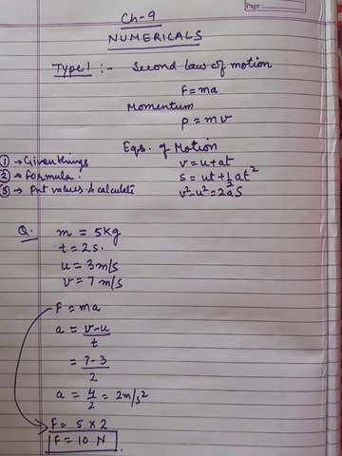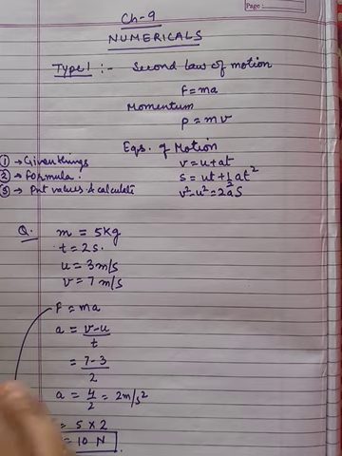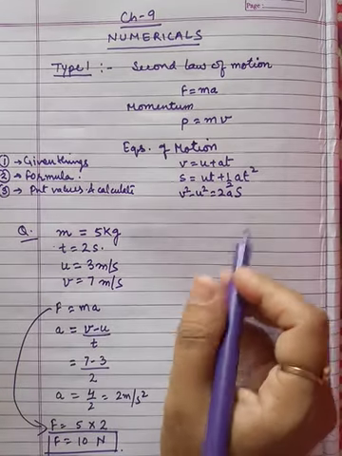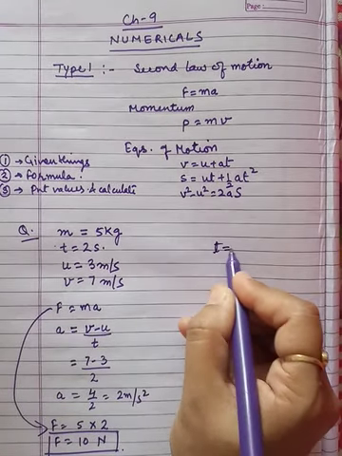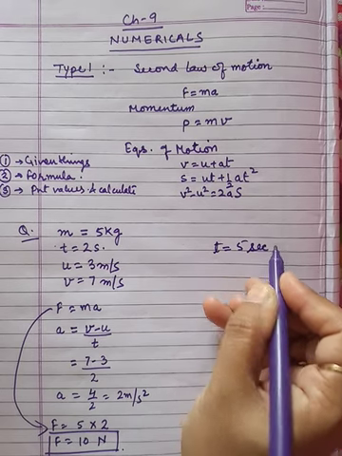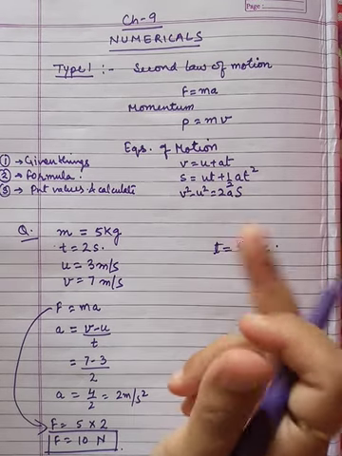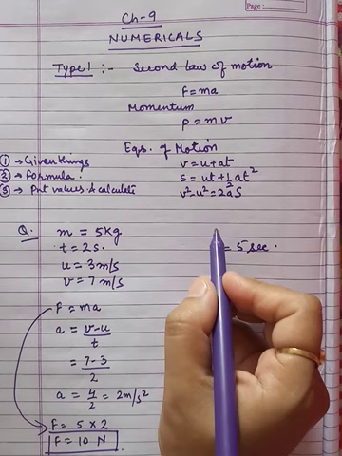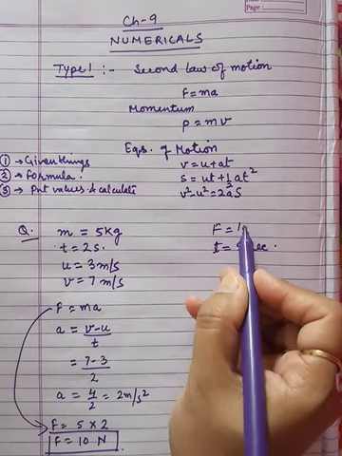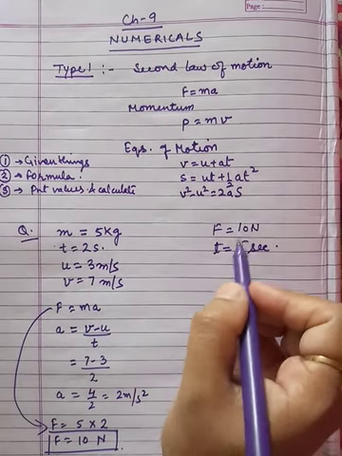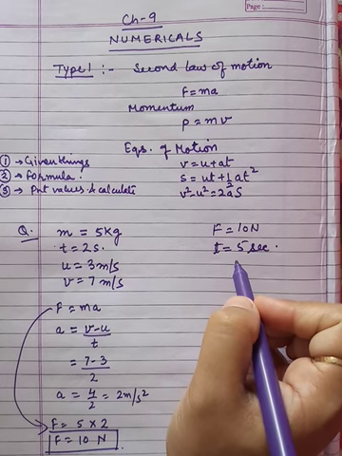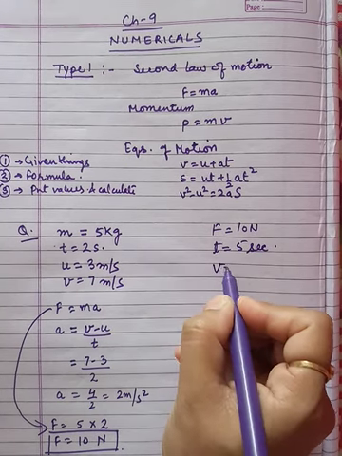Now in the second part of the question, it was saying that the force was applied for a duration. If the force was applied for the duration of 5 seconds, that means now the time has changed. Now in the second case, time is 5 seconds. Now the value of force we know. This force is 10 Newton. If this same force is applied for time 5 seconds, then what would be the final velocity?